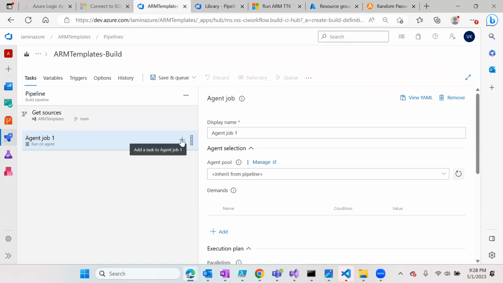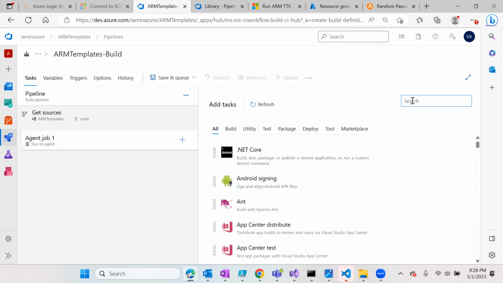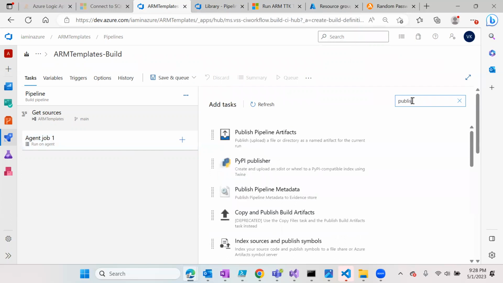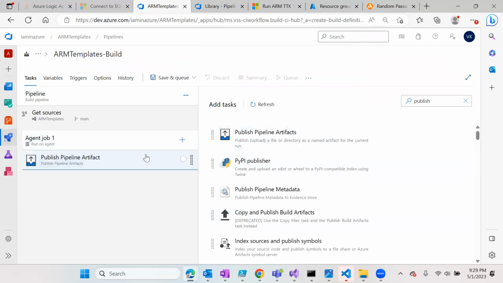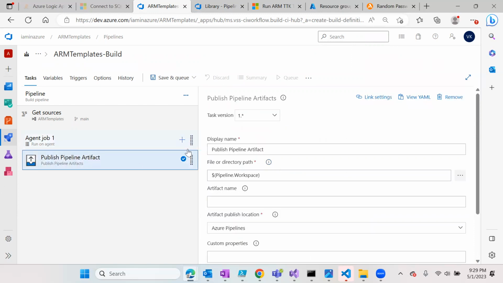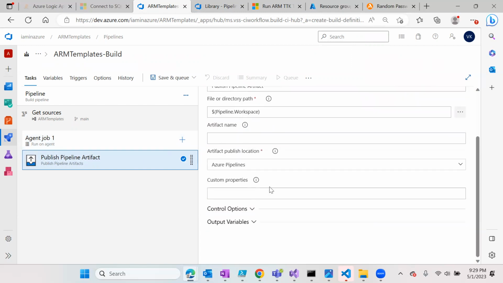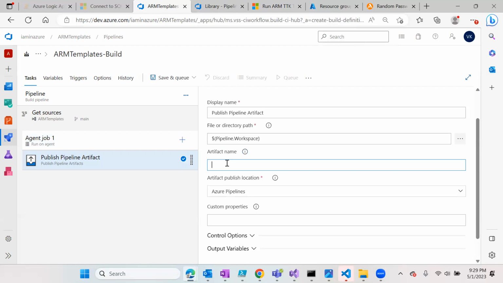For now, what I'm going to do is, I am very simple. In general, after validation and running the test cases, you will create a zip of that file, and then you will publish it to artifact, and that artifact you can use. But I'm not going to zip it for now. I'm directly publishing it to the staging directory, and then I can refer to it at a later point. So the artifact name, I'm giving it as drop,